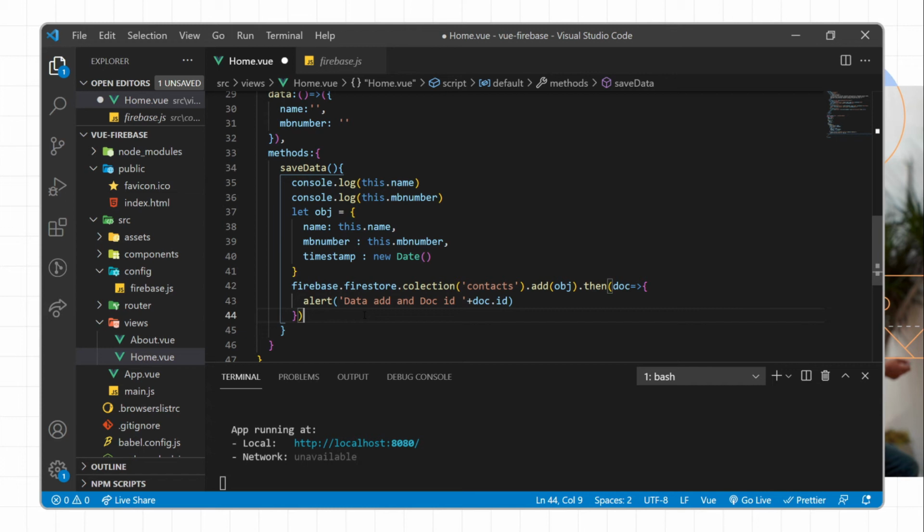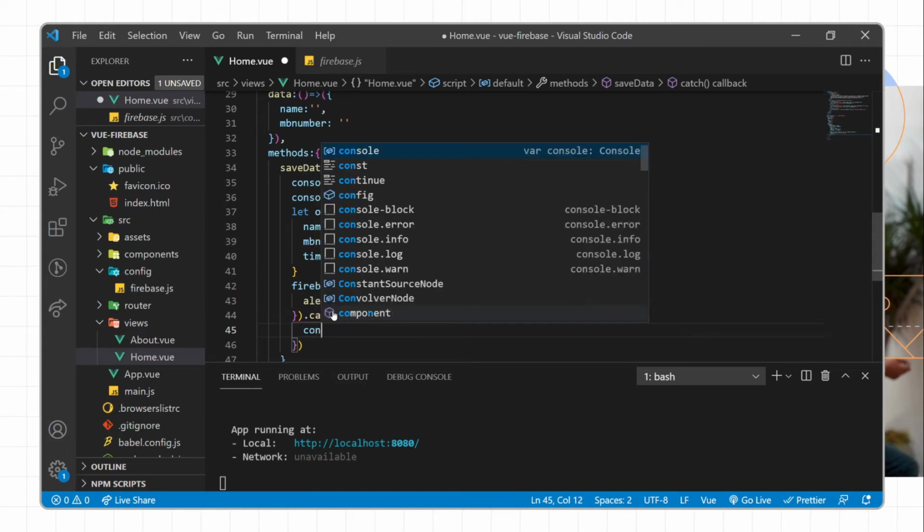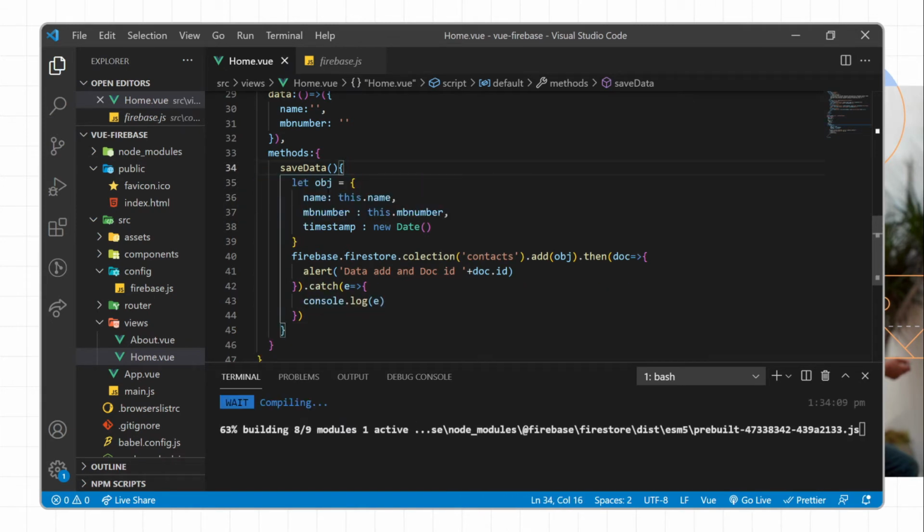Okay, and if this particular promise is not able to complete successfully or is facing some issues, we have to handle it with the help of the reject block. So for rejecting, we need to handle it with the help of the catch block. So here we have a catch block, and we will get the error, and you can print the error in console.log(e). Okay, so now what I'll do, I'll just remove this entire logic, and yes,